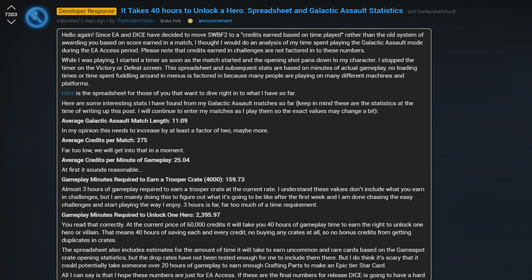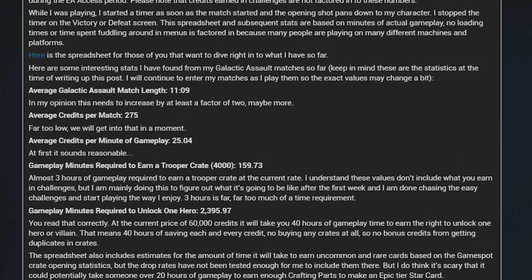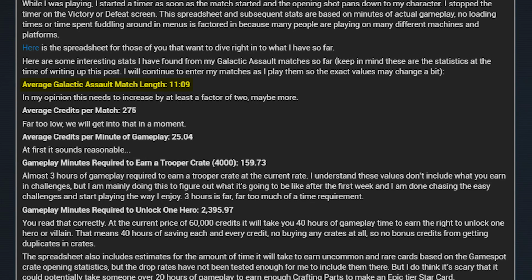Now, one Reddit user going by the name of The Hotter Potato has gone out of his way to calculate exactly how long it would take to unlock just one of the 60,000 credits heroes. After recording data for 21 matches, the user found that an average galactic assault match takes about 11 minutes and 9 seconds. That's without fiddling with menus, waiting for a match to begin, or loading times. And in their experience, one match earned them an average of 275 credits, which means players will earn an average of around